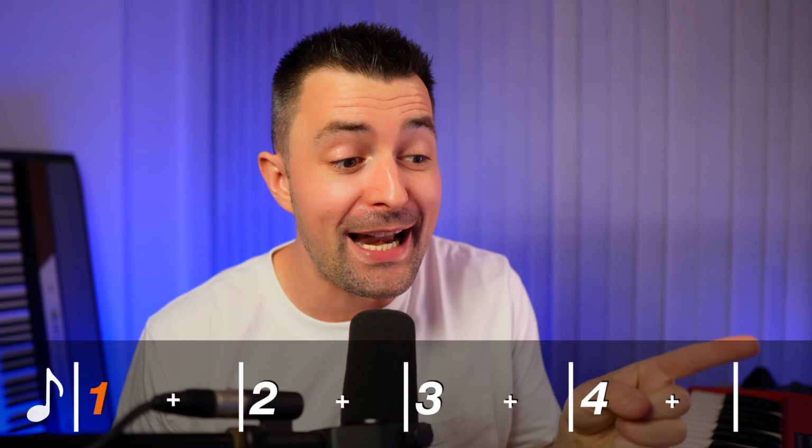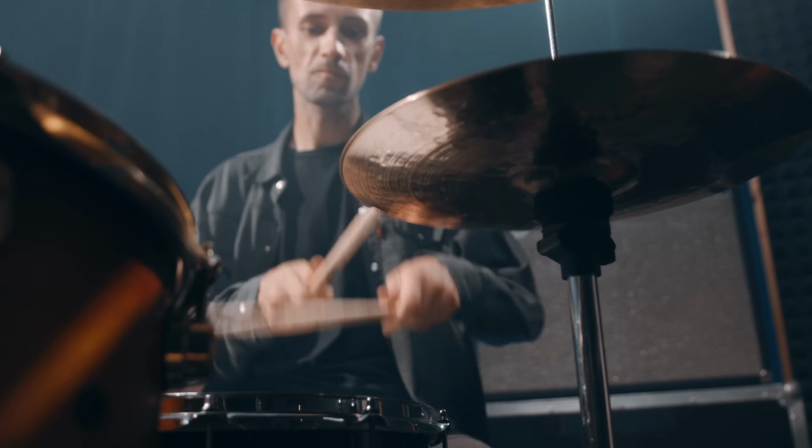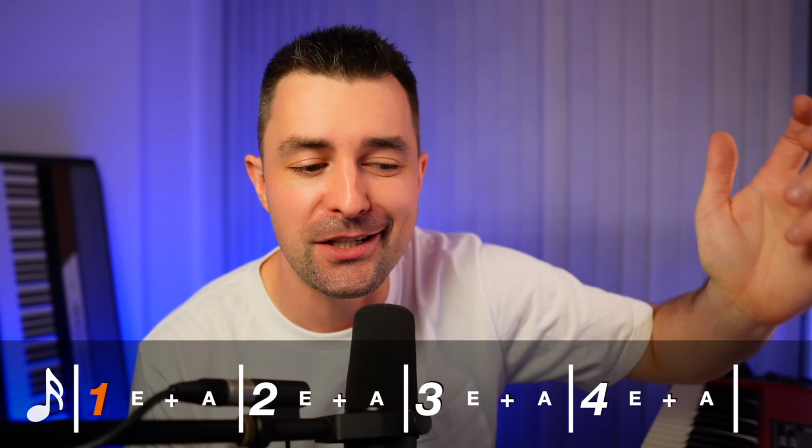So the first one, the 1, 2, 3, 4, that's your quarter note, your crotchet, whatever terminology you use. That's that main one that's going through those 4 main pulse beats. Then you've also got the 1 and 2 and 3 and 4 and, and that's your 8th note, or your quaver. In this kind of style, it's in the hi-hat. And then you've got the 16th note, which is another division again. 16th note is another name for semi-quaver. 1 e and a 2 e and a 3 e and a 4 e and a...